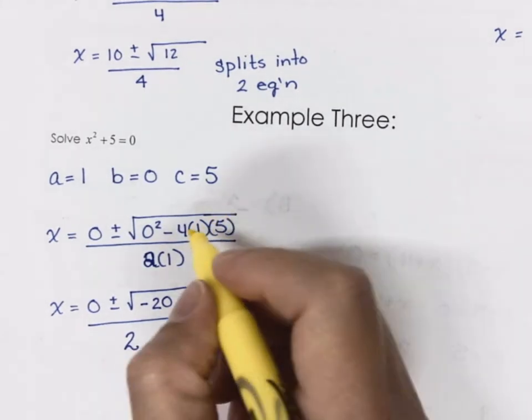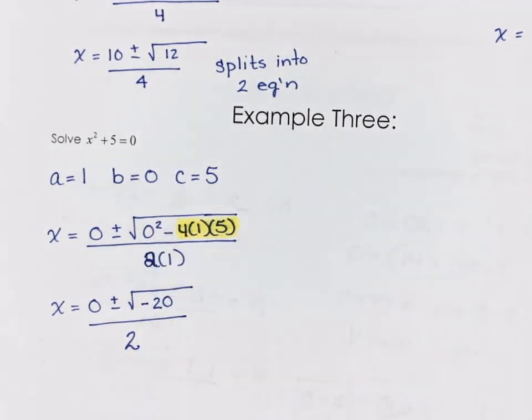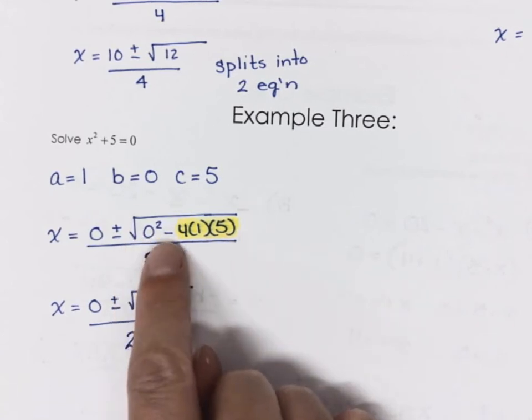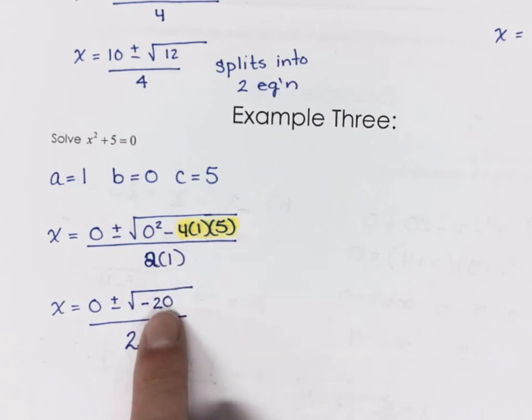So here's a problem. If I do this, this is like saying subtract a negative 20. So 0 subtract a positive 20 is going to leave me with a negative 20. Everybody agree with the math on that one? Now the question is, can you take the square root of a negative number? No. So because this is negative,